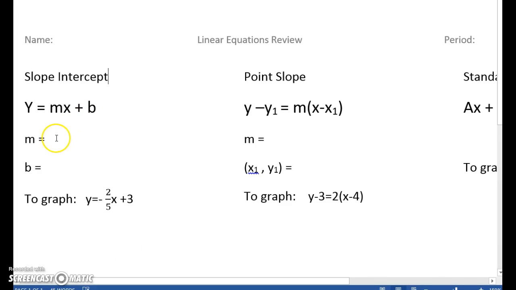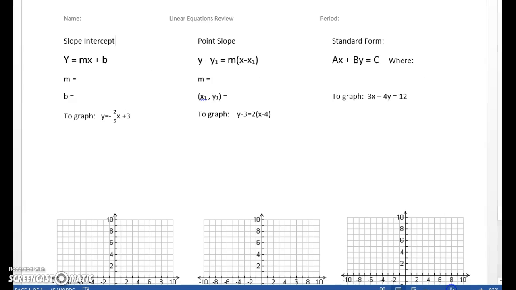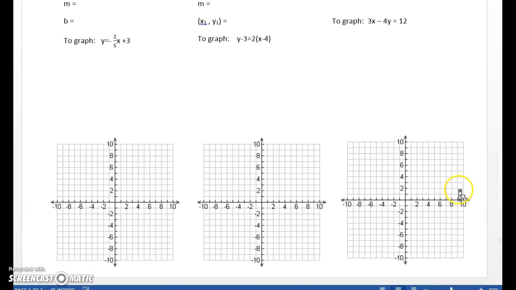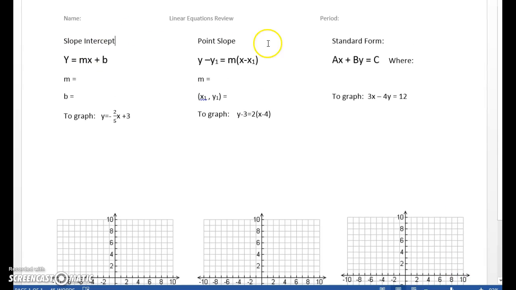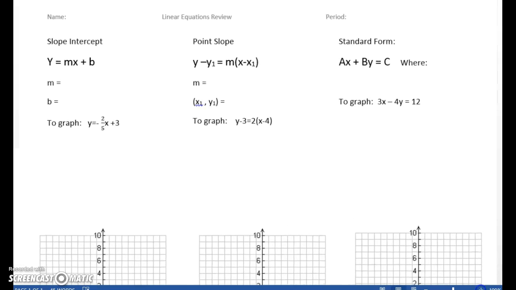Hello, here in this video we're going to be looking at our linear equations review. This is the page that I had given us. It looks like this. It was landscape style. It's going to have the three different types of equations: slope-intercept, point-slope, and standard form, all